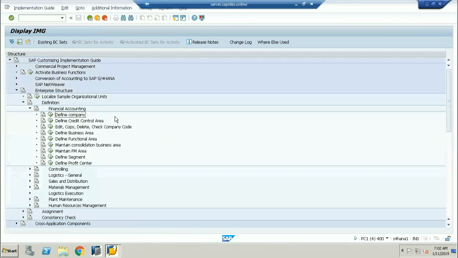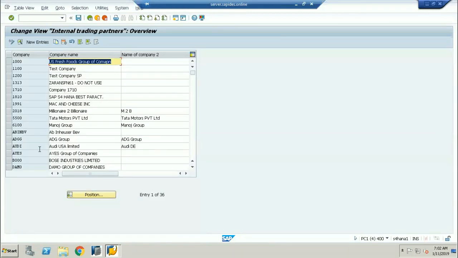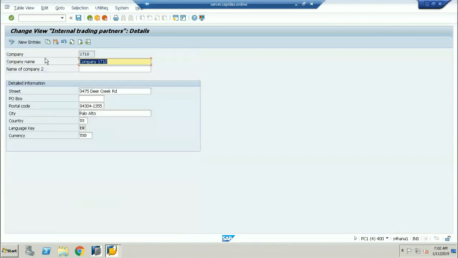Company is called a trading partner. What is my company here? This is my company. Now I'm selecting not the company code but the company. See here, internal trading partner. I'm going to the details. This is exactly my company.